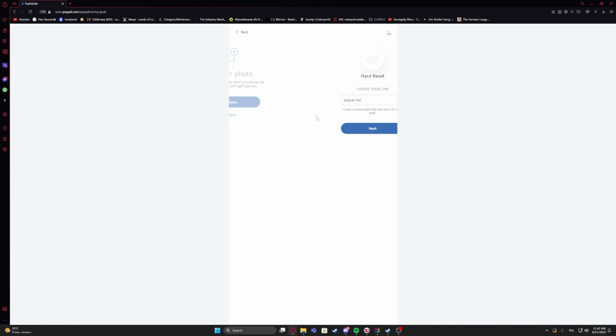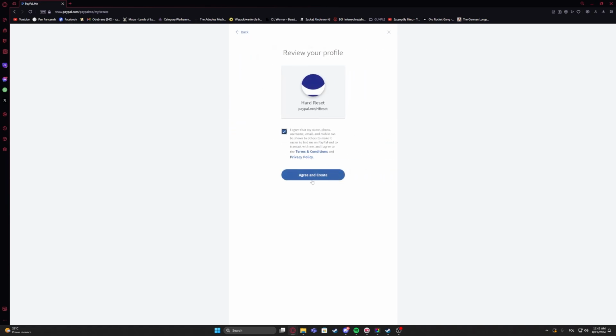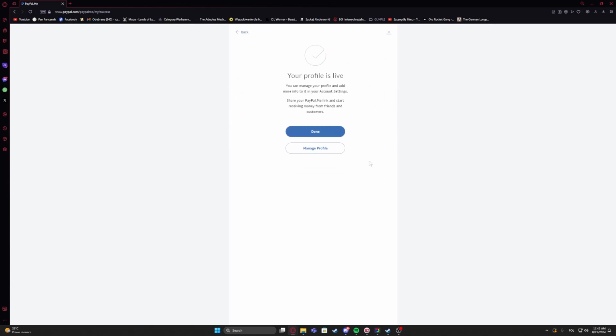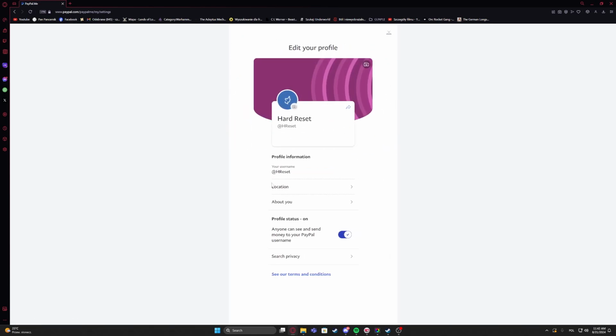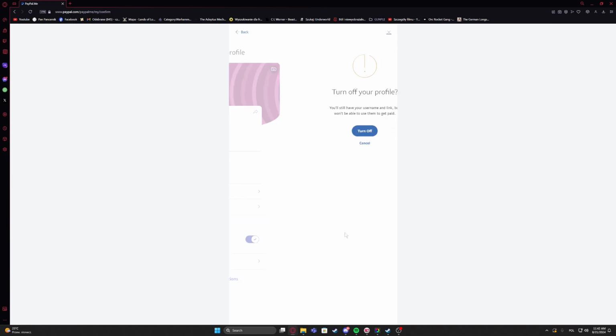You can add photo, you can choose a link, then we need to agree, and we can manage our profile. So there's the location, about you can insert any information, you can make your profile status on or off,